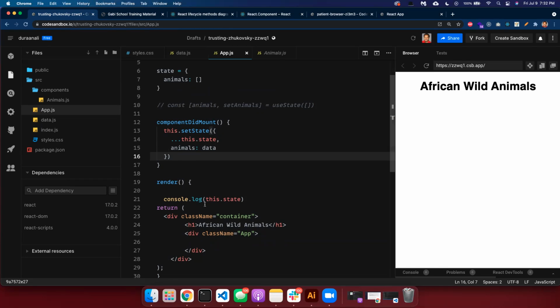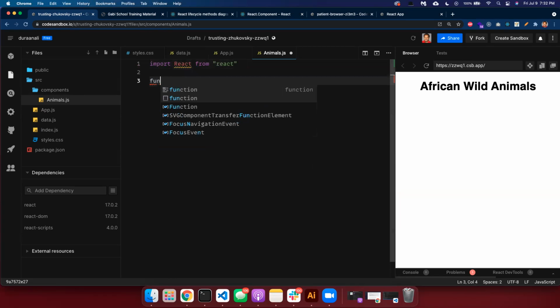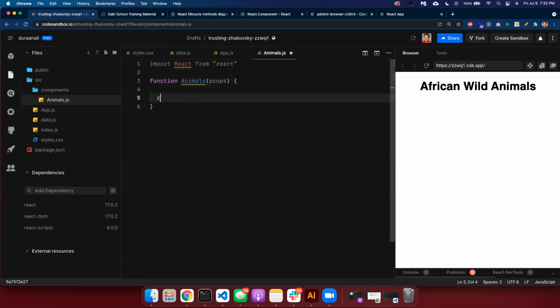So we need to create a component for that. Our component here, we already created one called animal. We just need to fill it in. We don't need to have a class component here. You could just make it a functional component. Import React from React. And here we're going to say function animals. Of course, we need to pass props eventually. And here we return